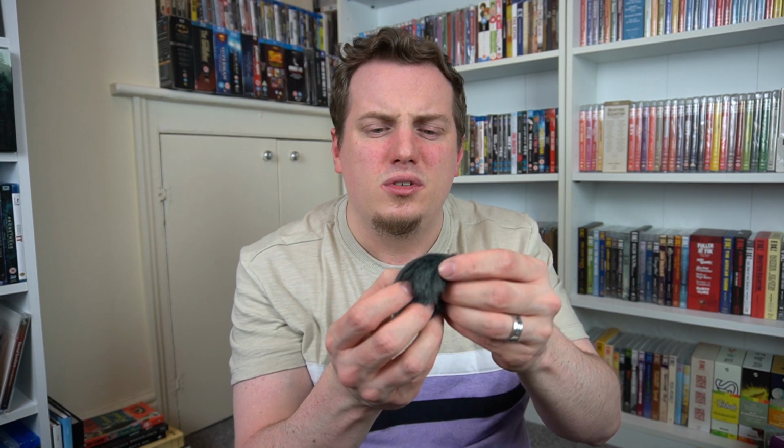Alright, I'm kind of getting distracted by trying to get things in focus. Oh, this is interesting, there's like a strap on the inside? Not sure exactly how this thing is supposed to work, I think the strap is how it holds itself on, I suppose. Yeah, okay, that makes a bit more sense. But you affix it over the